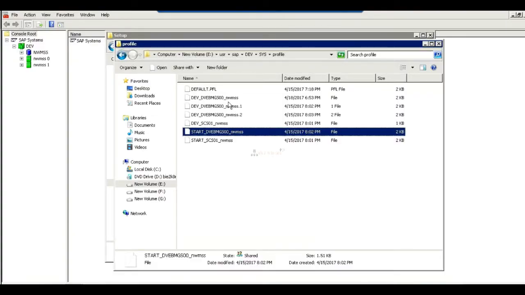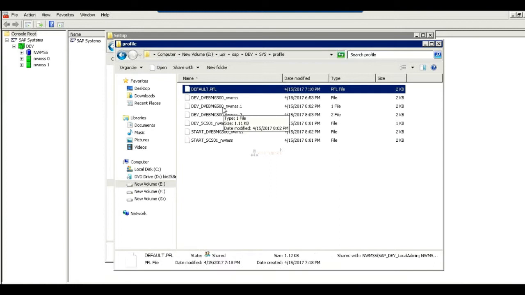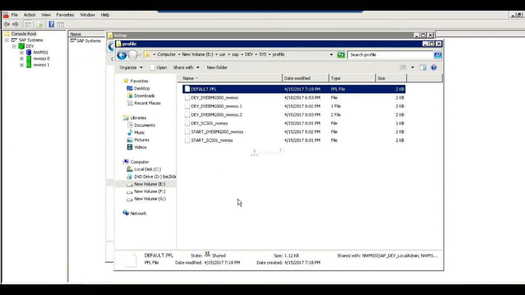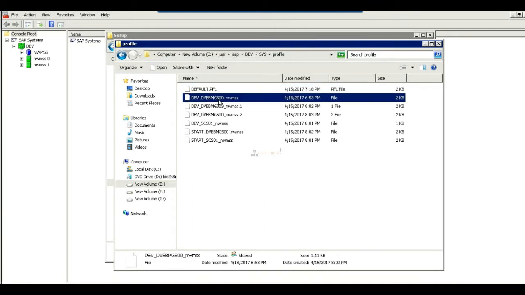Next tab. Where is the default profile? Default.pfl. This is my default profile naming convention. What is my instance profile? SID underscore instance name underscore hostname.